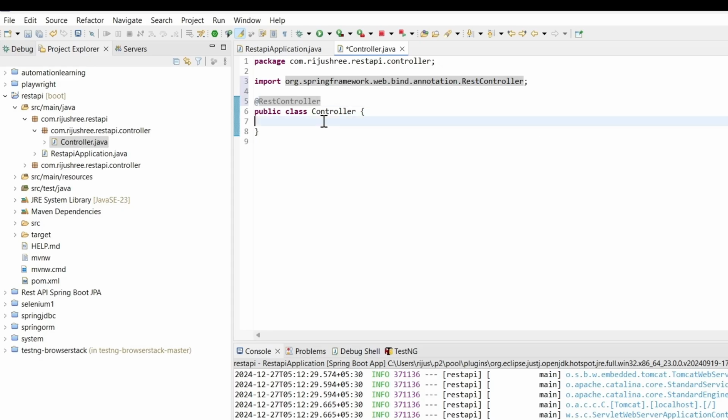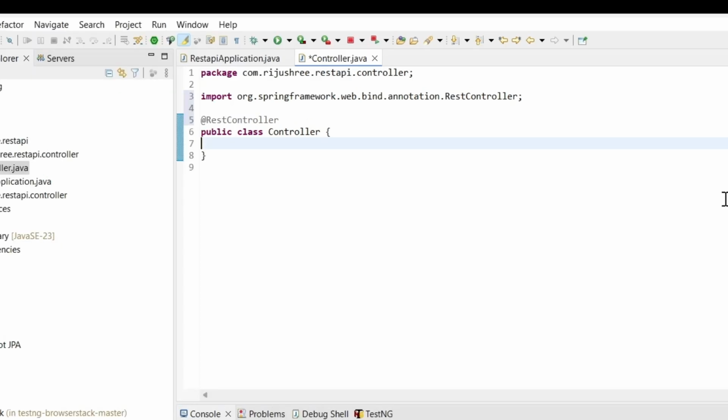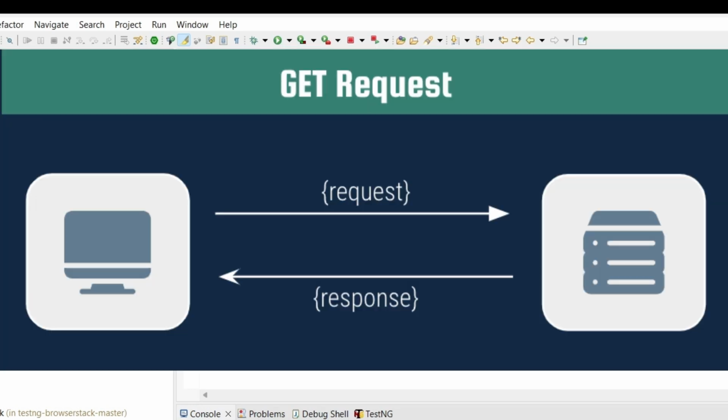At first, let us check whether we can hit a certain endpoint or not. We are going to create a REST API where we will get the employee data, post the employee data, delete, as well as update the employee data. But before that, we will create a /home endpoint for the home page in order to check whether the endpoint is working or not. For that, at first, we will use a GET request to get whatever is there in the home page. For that, we will define this method